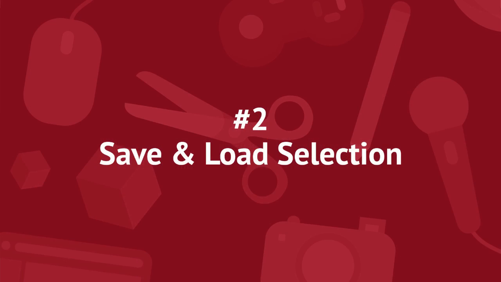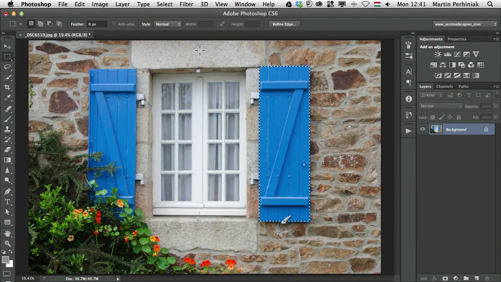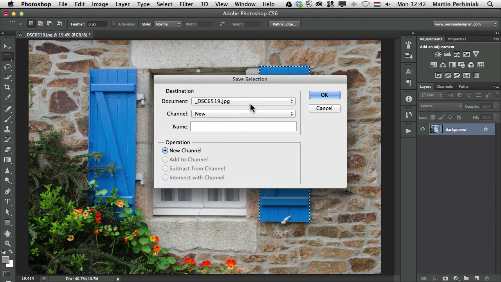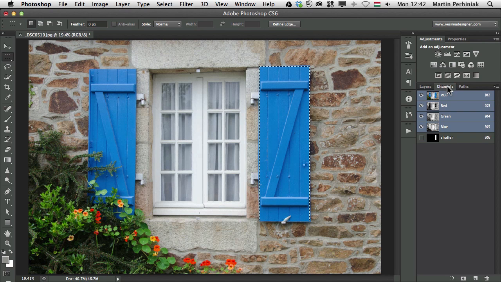And then also, if you have a selection which you would like to save, let's just say this one here, the frame, I can also go to select and choose Save Selection. That's also an interesting feature, and it will be saved then as an alpha channel. So if I call this frame, or let's just call it shutter,